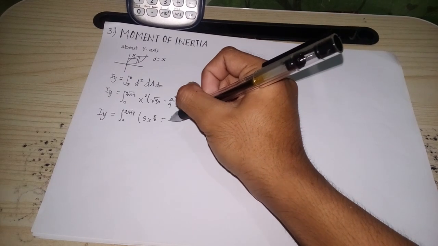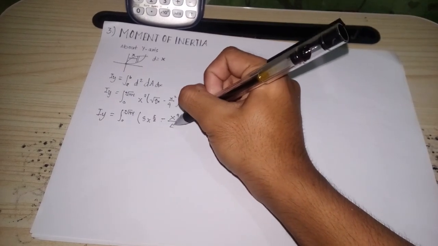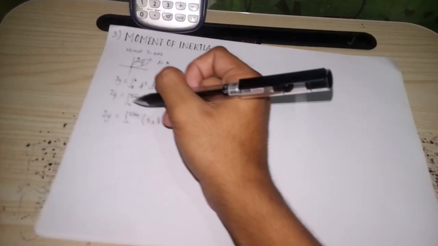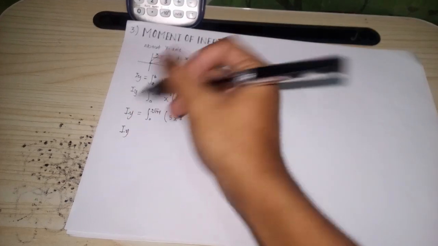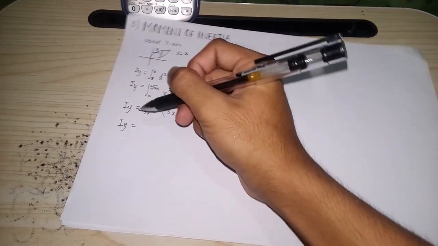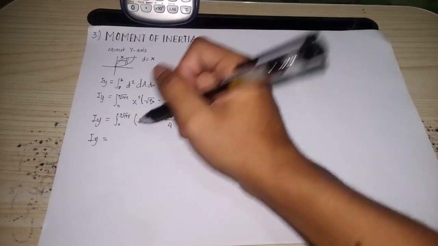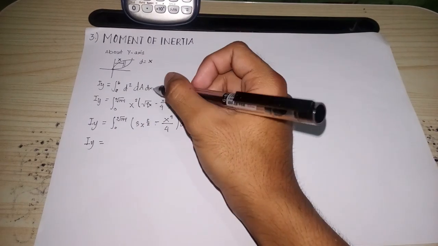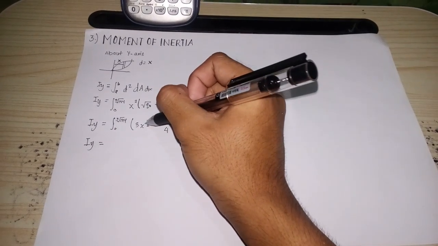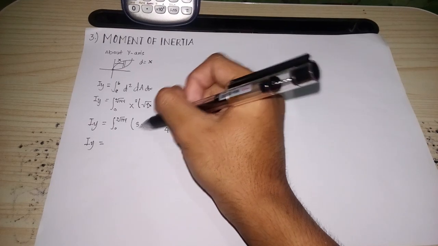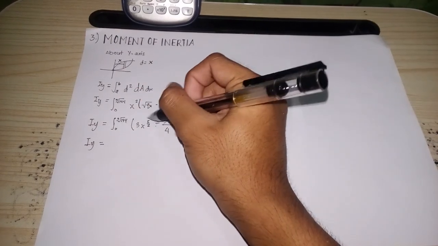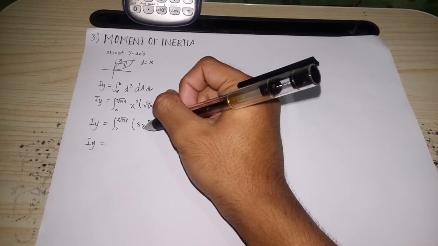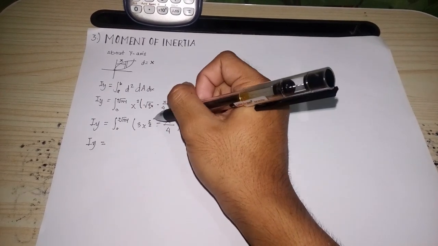So this will become x raised to 4 over 4 dx. Now we need to integrate this. So to integrate this, of course, 3 will go out of the integral sign, then we just need to integrate this x raised to 5/2. So if we integrate this, we add 1 to the exponent over the exponent plus 1, then